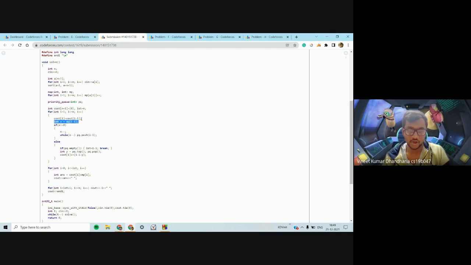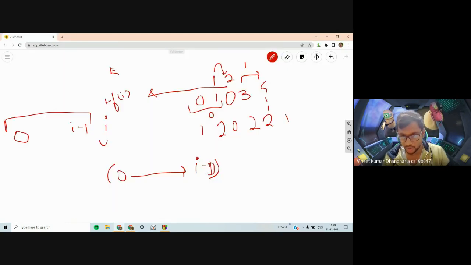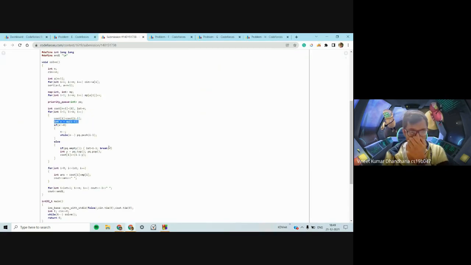So to get the minimum cost for I, we take the cost for I minus 1, because that is something you would have to do. Then you check the frequency of I minus 1. So you have taken all the elements from 0 to I minus 2, and then you check how many times I minus 1 occurs in our array. Suppose x is that value.